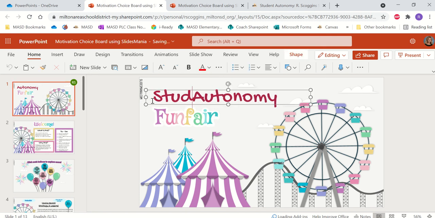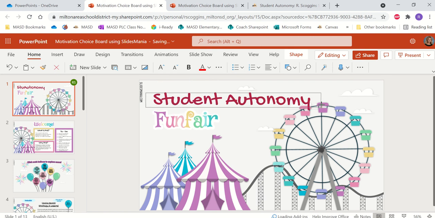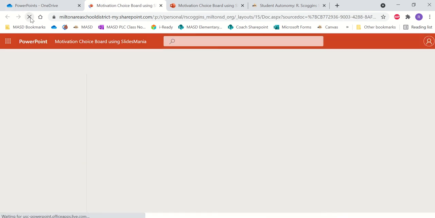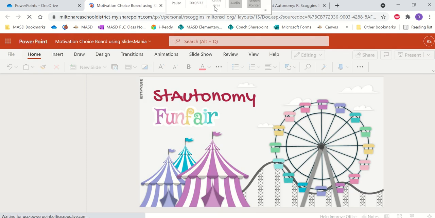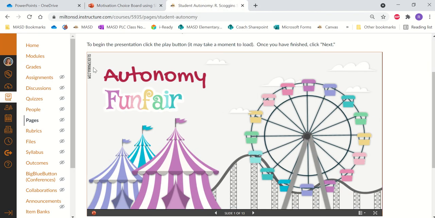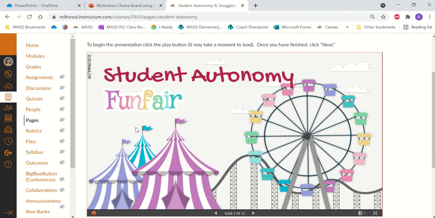So I'm just going to title this Student Autonomy Fun Fair, and we'll refresh that page, make sure that it's loaded, come back to Canvas, and even refresh my page here. And once I refresh, you will notice that the title of the PowerPoint that's already embedded in Canvas changes